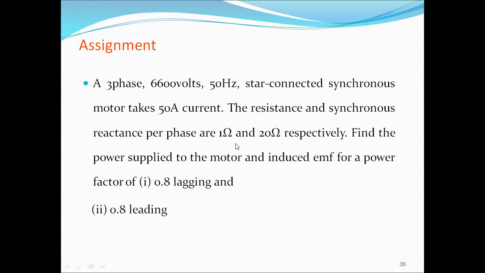After that we have to calculate for 0.8 power factor lag. For this one, calculate the phi value and calculate the theta value. Theta is equal to tan inverse Xs by Ra, and substitute this into the formula. What is the EB formula? EB is equal to square root of V square plus ER square minus 2 V ER cos of the angle between ER and V. Similarly do for leading also. Draw the vector diagram also for both of them. I will check in the next class.